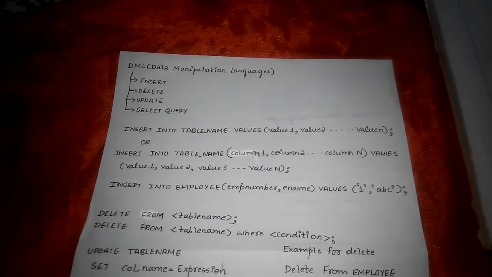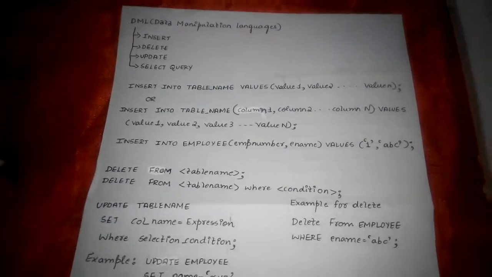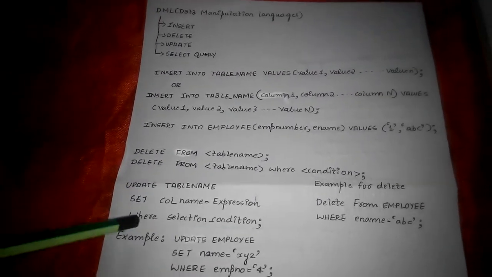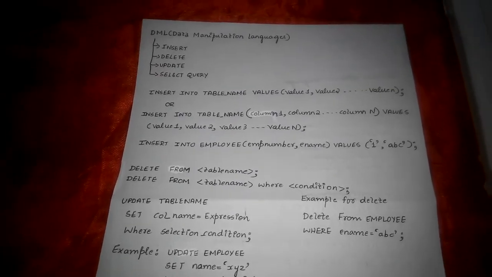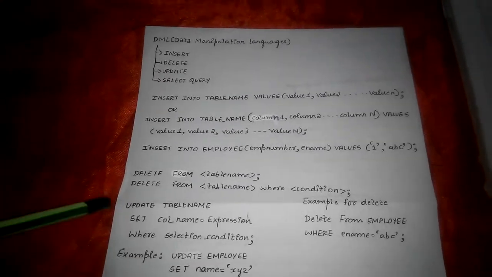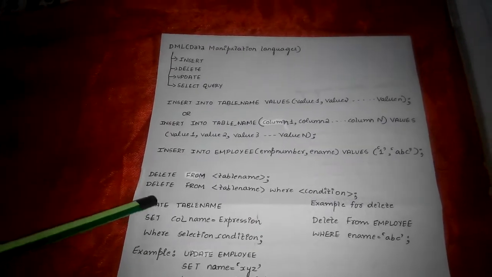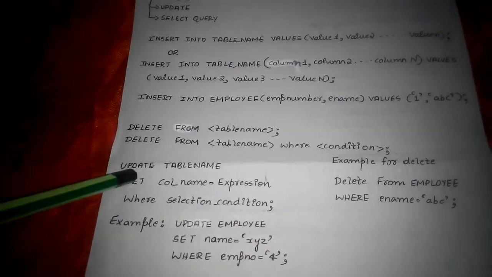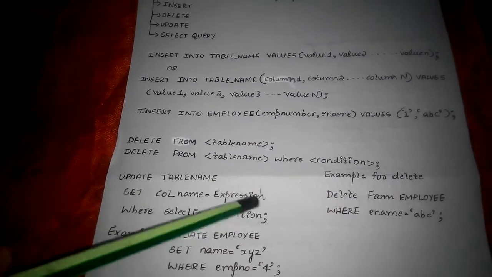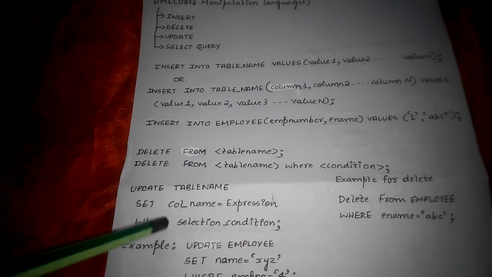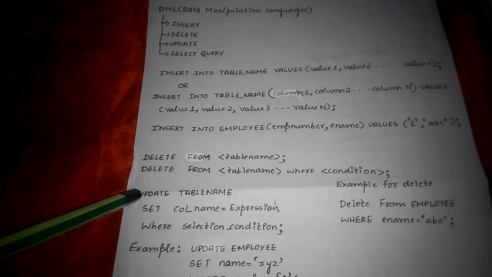Update is used to modify values of one or more columns in the selected table. That is, if somewhere you want to change the value of a particular entry in the database, then you can go for update. The update statement consists of 3 important keywords: update, set and where. So update which table name you want to update, set what you want to change, and where condition, what you want to be changed.